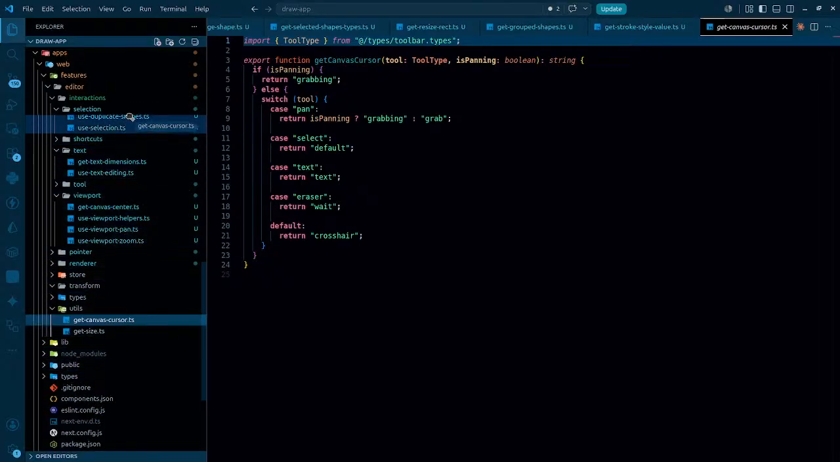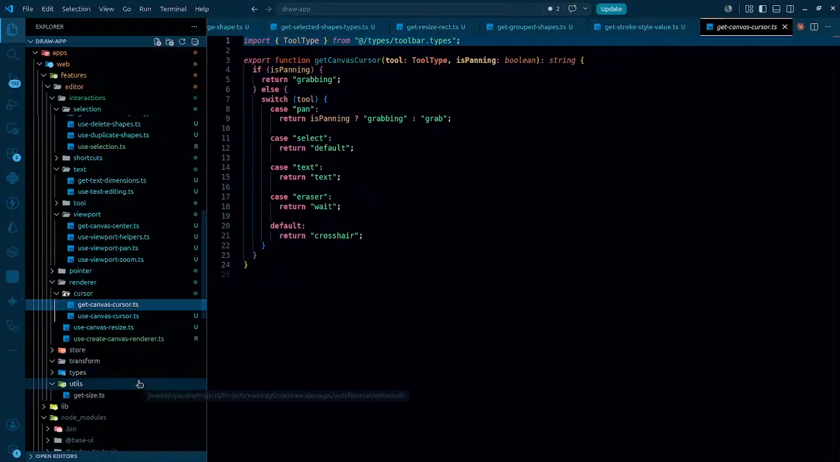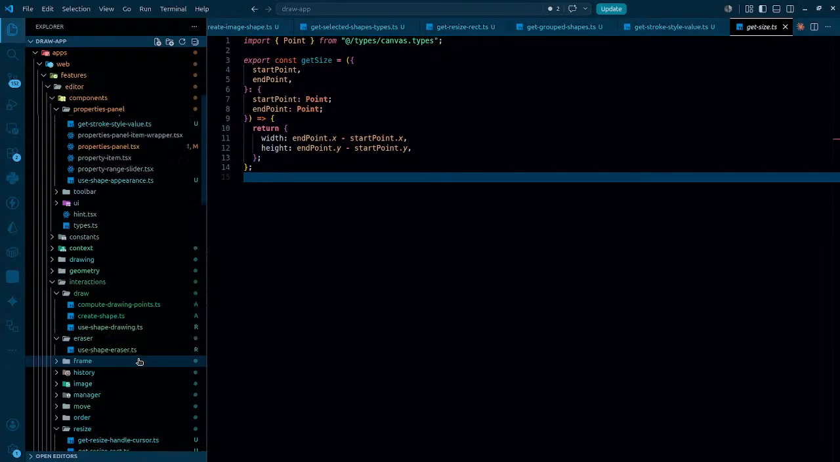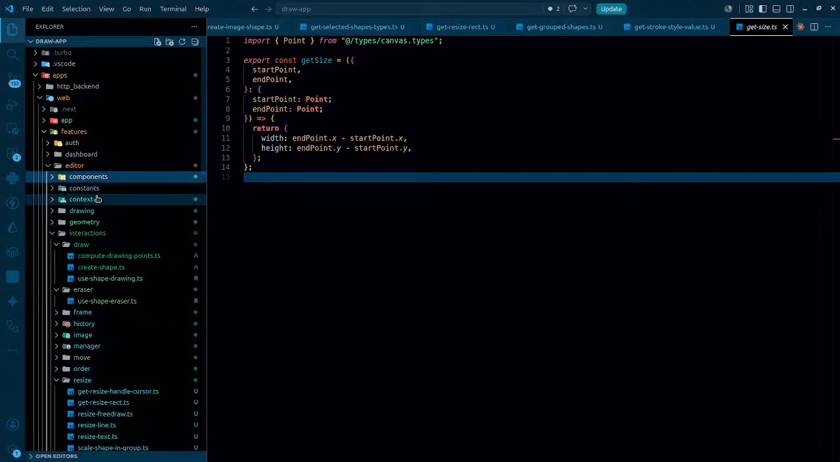So this is get canvas cursor, and we already have the renderer. And what does get canvas cursor actually do? It can be used inside the cursor, right? Now I'm not sure whether the places wherever I placed them are exactly the right place or not. So to be sure about that,